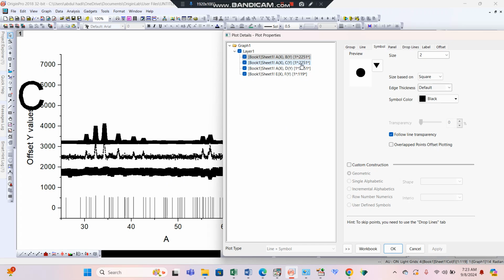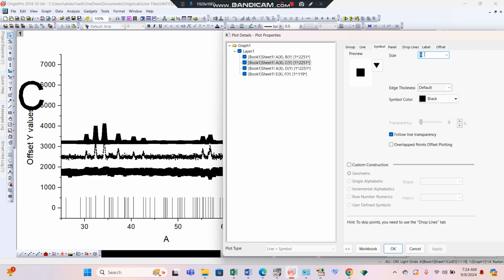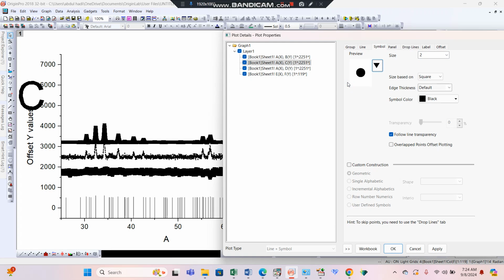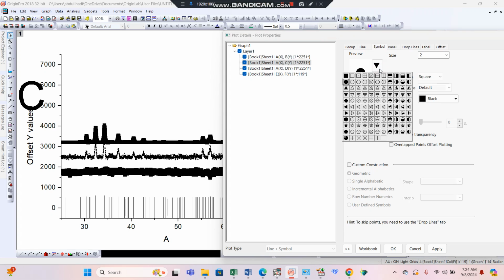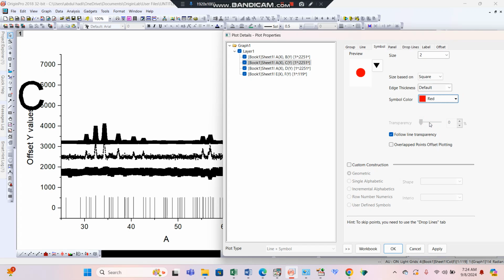The next value is of I calculated, the line. What is the line color? Red. So the symbol size should be 2 and its shape is circular, and the color is also red. This is red. Okay, then apply this. You can see this is a very smart graph with a symbol size of 2 and